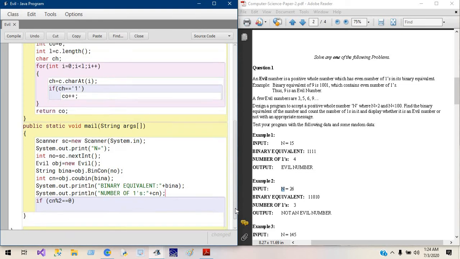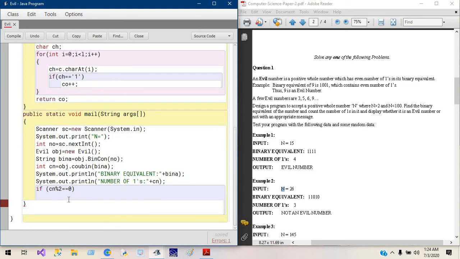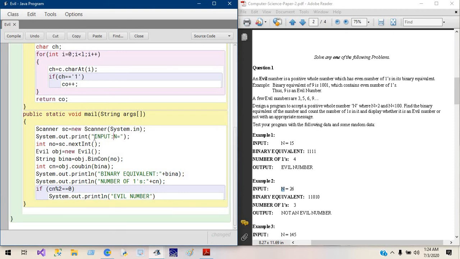Now if this is the even number, then we write even number. And here you also write the input colon and here output colon